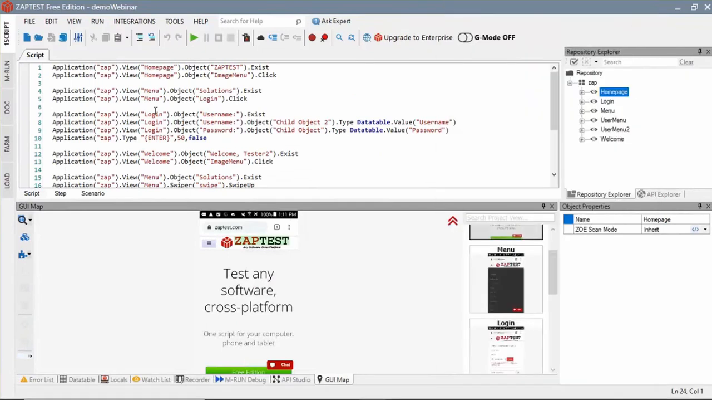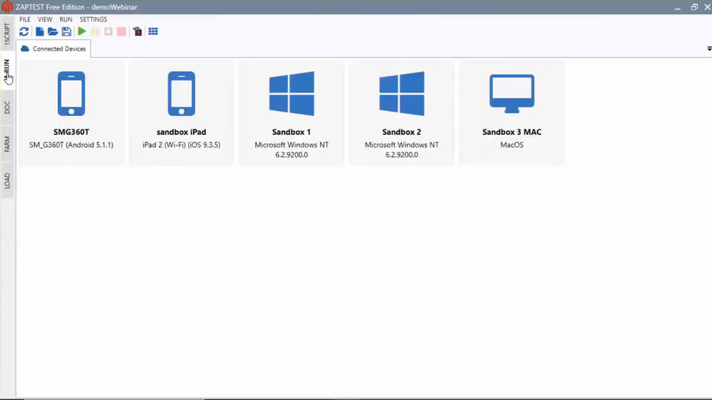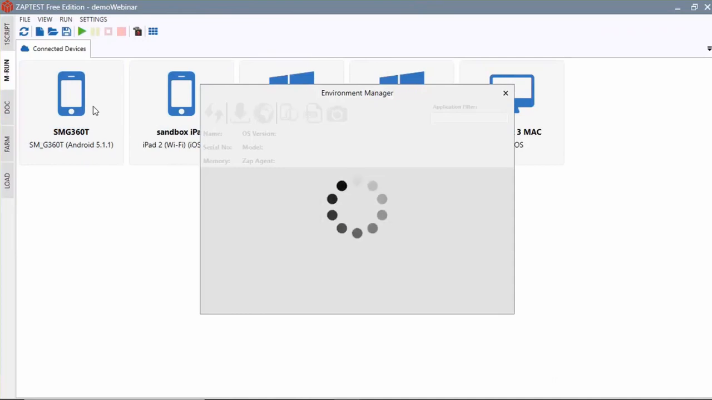Alternative way to run with mobile devices is to connect into them to mRun. For this, I need to go to the mRun tab. Here, I see the same list of devices that are available. My Android phone is a local device. It's in the first place. When I click on it, on its icon,